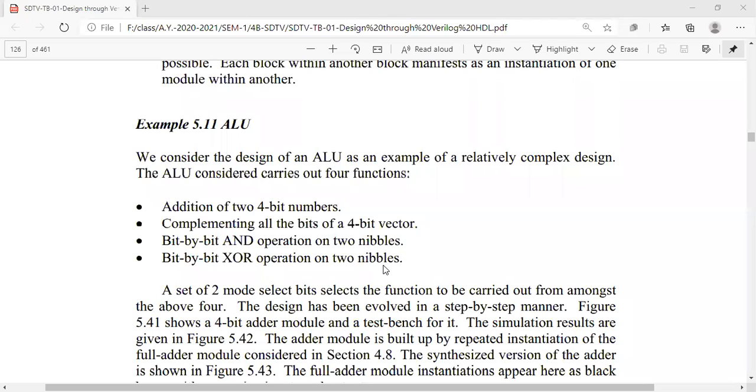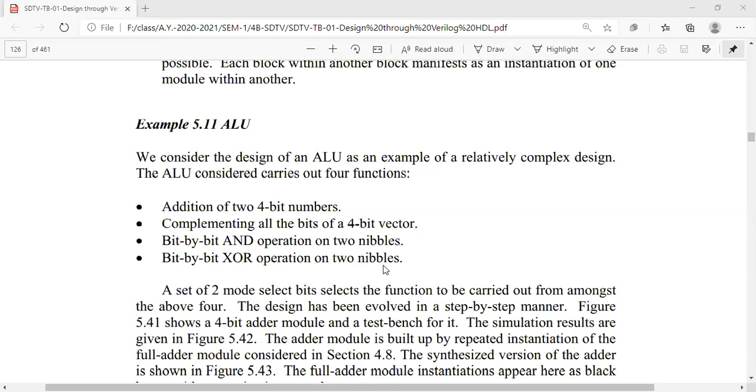S1 and S0 are the 2 selection lines, or we can also give the selection line S as a 2-bit vector, and for S becoming 00 it may perform some operation, some addition, and for 01 it may be doing subtraction, and for 10 it may be performing multiplication between two vectors A and B. That vector may be 4 bit, A may be 4 bit and B may be 4 bit.